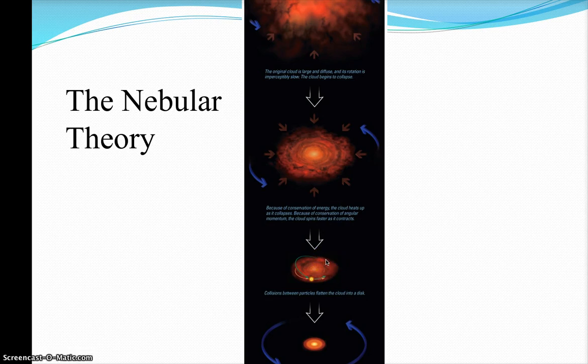So you should already see that there are two things we've observed about our solar system that we're now able to explain: the motion in a particular direction, because this cloud of gas is rotating in a certain direction, and the fact that the cloud, as it begins to collapse, starts to flatten. And so now we have a disk of material, and within that disk the planets are going to begin to form. The temperature at the very center is the highest. This is where the sun is going to form, and around here is where we're going to have the planets form.